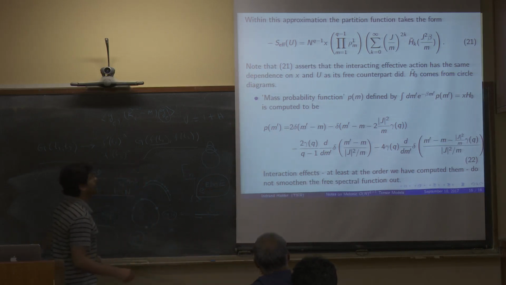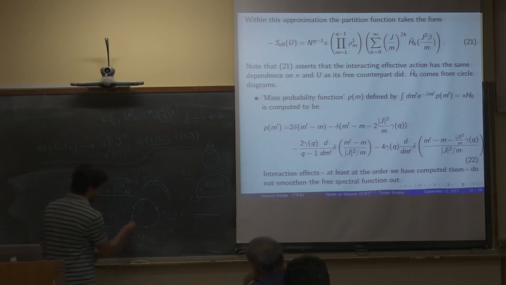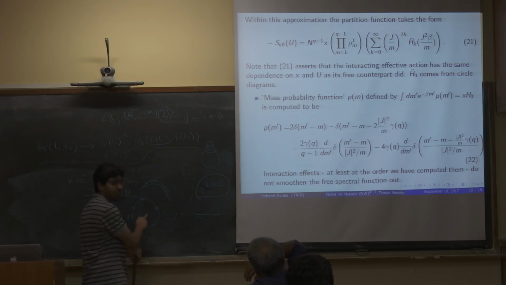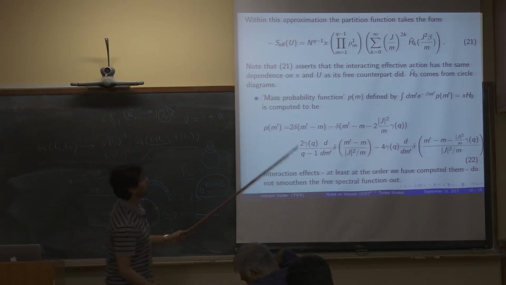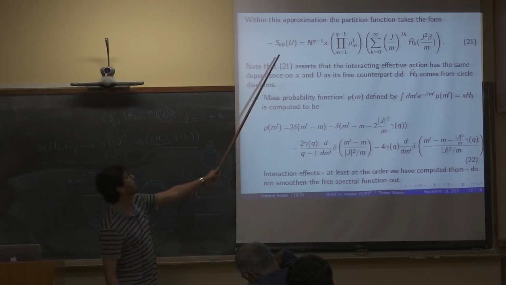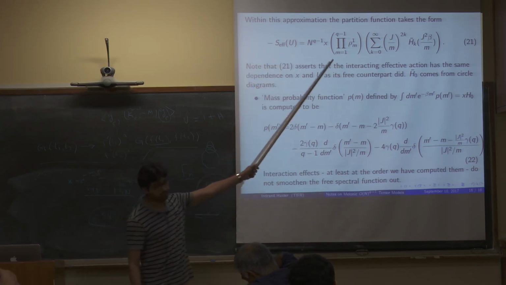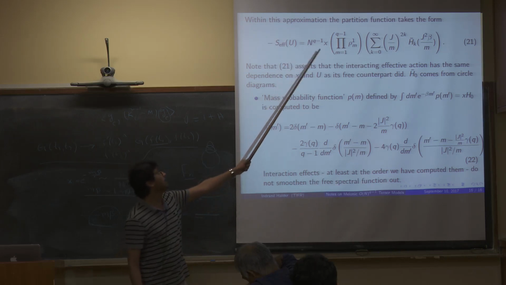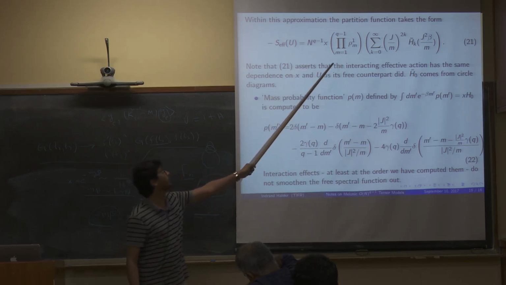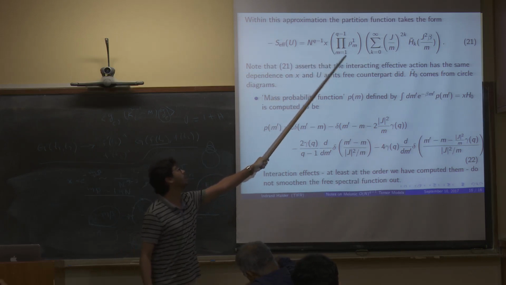We can systematically sum up all the circle diagrams of this form, not of that form, because these are dominant in this limit. We can calculate up to arbitrary order, sum it up, and rewrite the effective potential in this form, where you notice it has the same holonomy structure as the free answer, namely this product of different